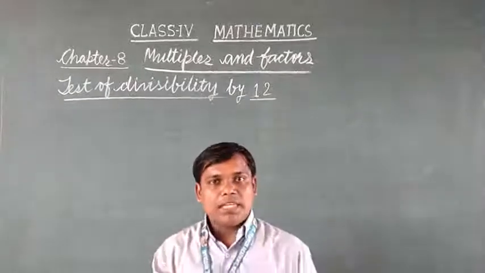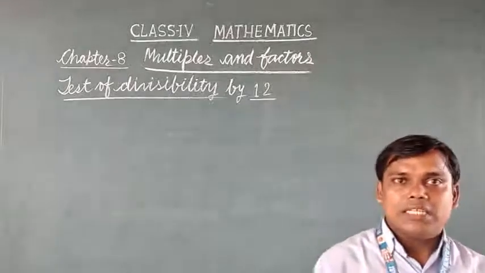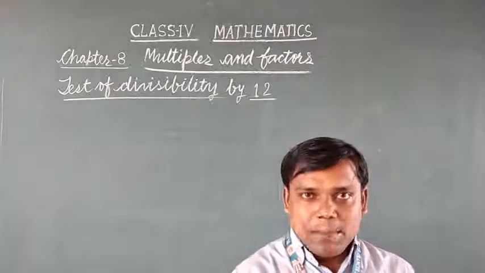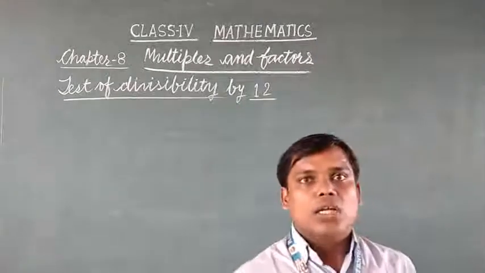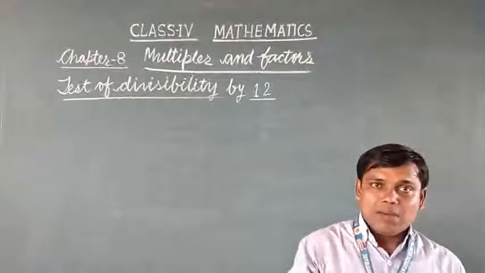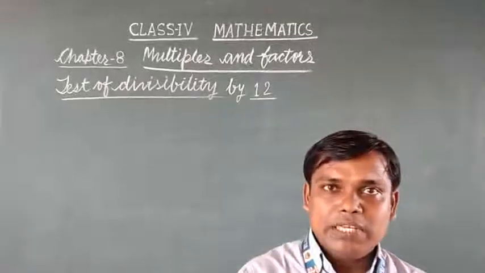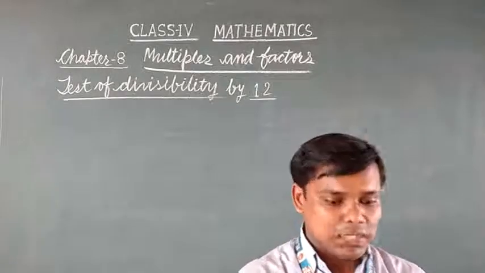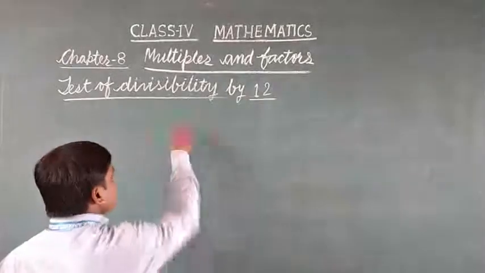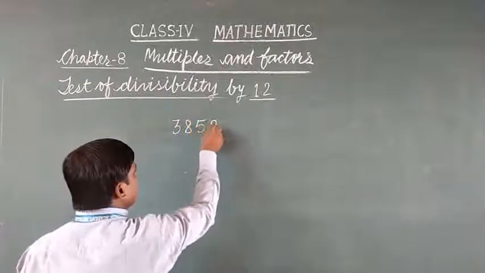Means if a number is given to us and it is asked whether the given number is divisible by 12 or not, first of all we check whether the number is divisible by 3 and 4. If the number is divisible by both 3 and 4, then and only then we can say that the number will be divisible by 12. For example, if we have 3852,